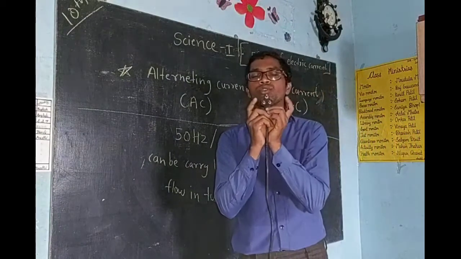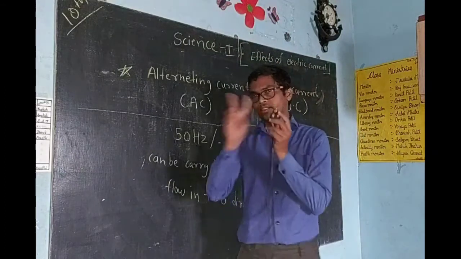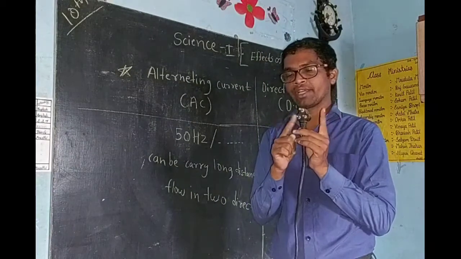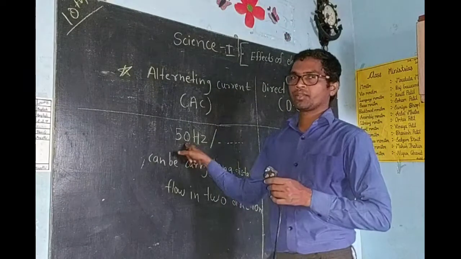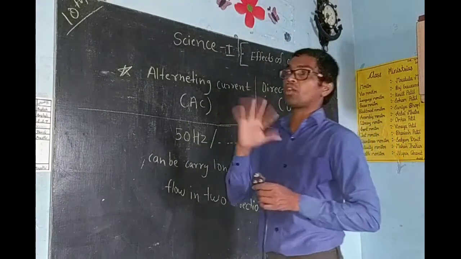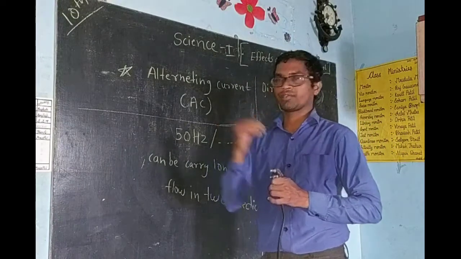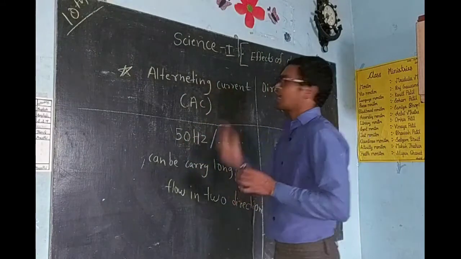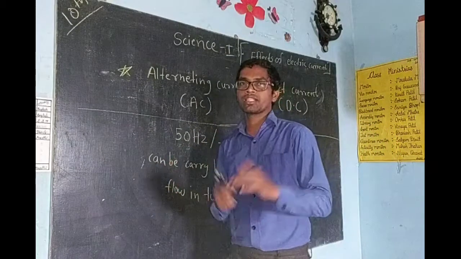Means from these two wires your alternating connection is always carried. This is a neutral wire and this is your live wire. This live wire always fluctuates 50 times. It means its current will fluctuate 50 times on and off. Current will stop, then current will carry, then start. So on-off is the frequency for that alternating current. Alternating current at our home is 50 times on-off, which we call frequency.